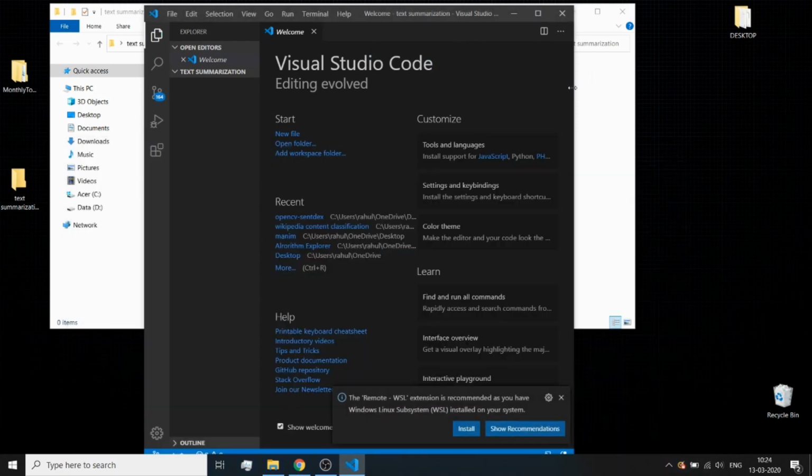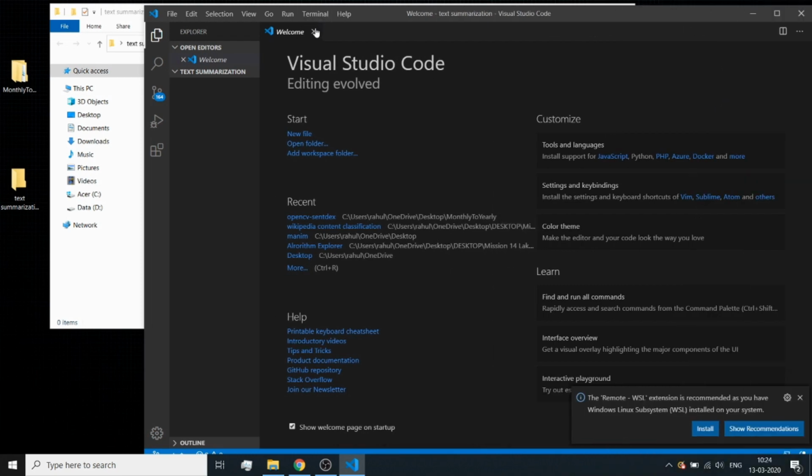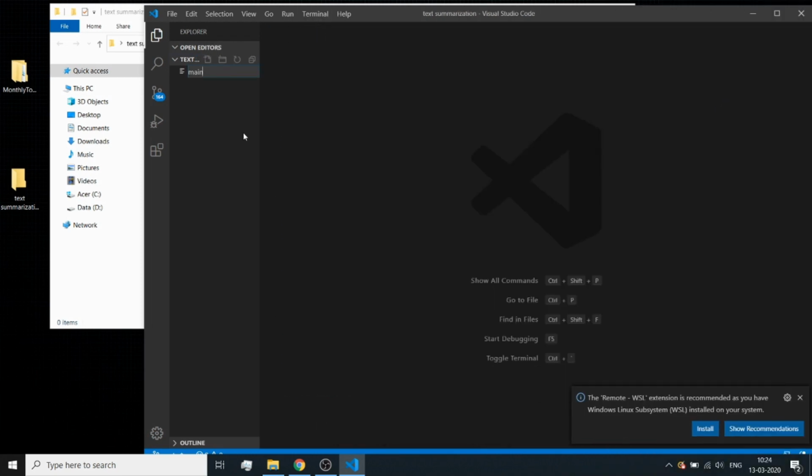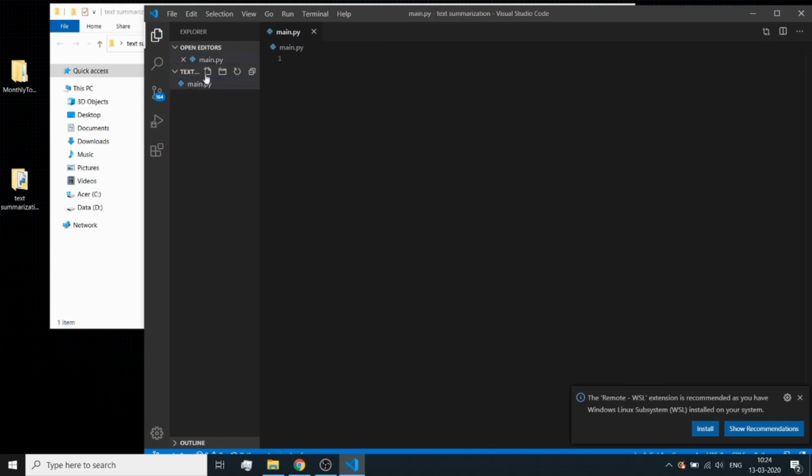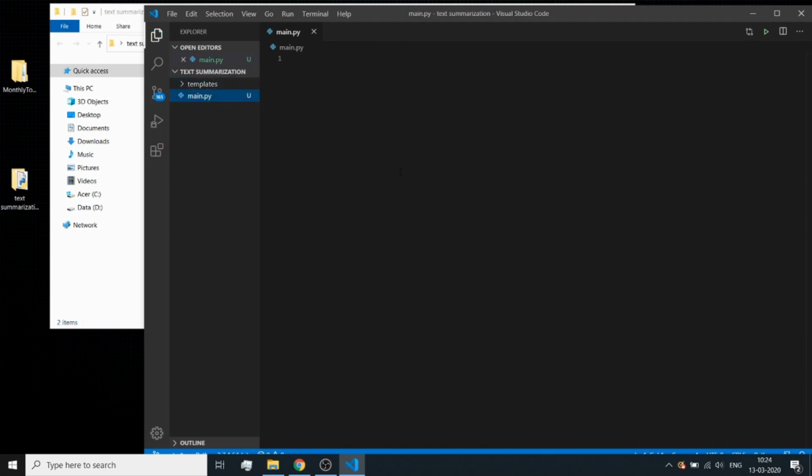If you guys are familiar with the Flask directory structure, what we want to do is create a main file which is going to hold the backend of our Flask application, and create a folder for templates. In this video I don't want to go into the styles like including CSS and all. I just want to create a front end in which I include an input tag, a space where the user can put the URL, and in the backend in this main.py file we will receive that URL,